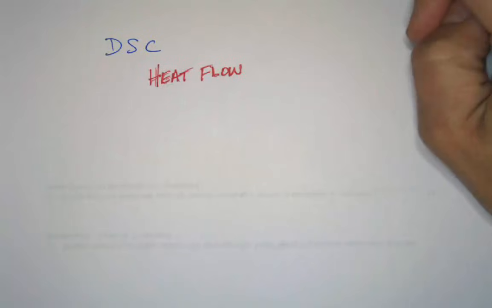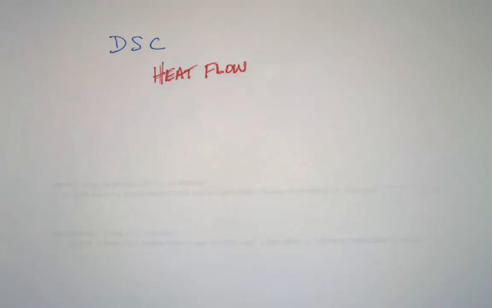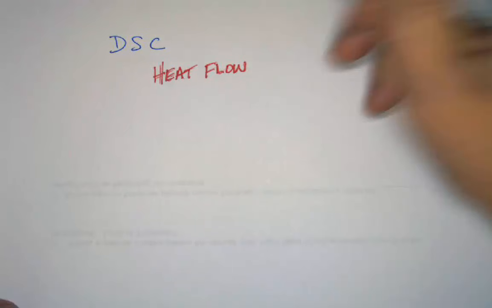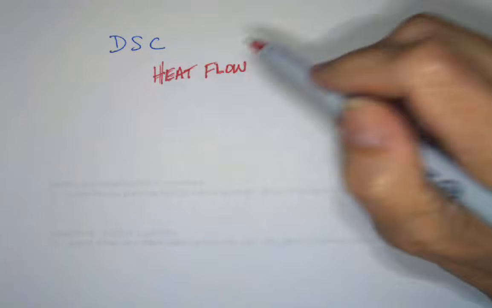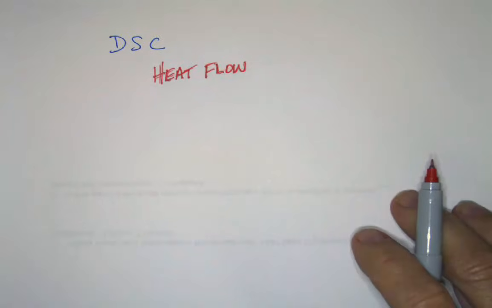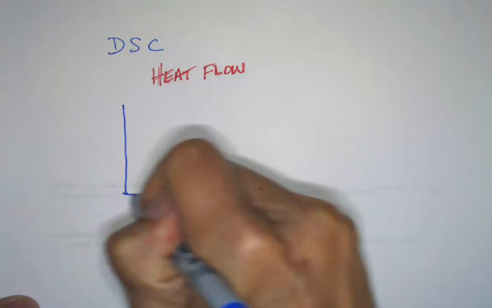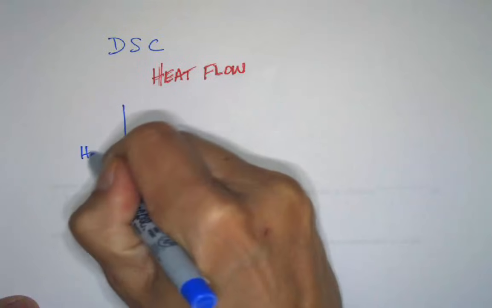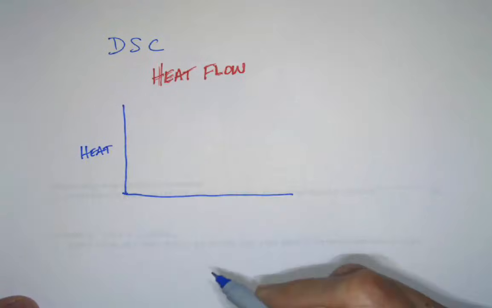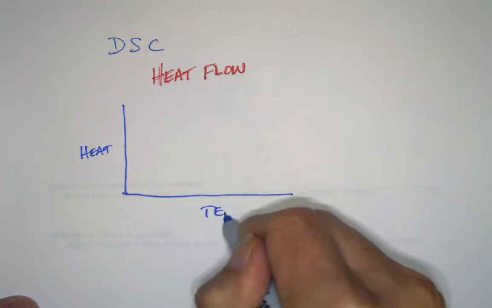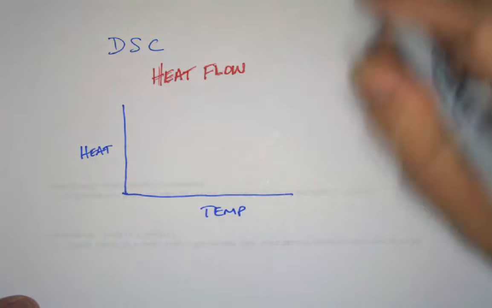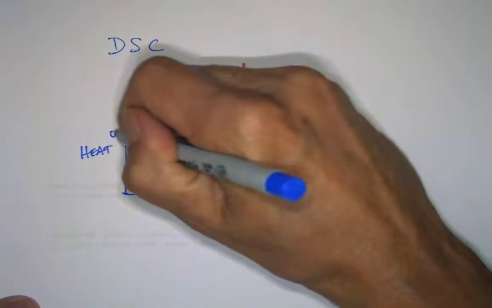So welcome to our review or introduction of DSC interpretation. And just to remind you, DSC, differential scanning calorimetry, we are measuring the heat flow into a sample. And your basic signals are, in the DSC, going to be heat flowing into or out of the specimen as a function of temperature. So you scan the temperature and you measure how much heat is going into the sample or how much